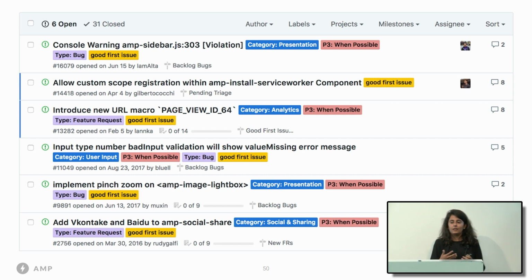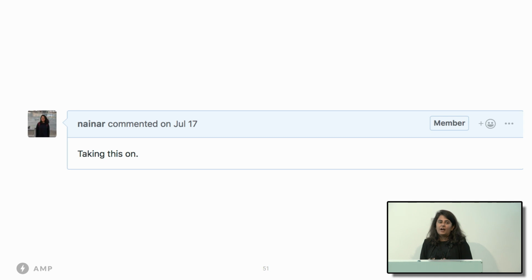Then if you actually want to get down and write some code, you can first get started by finding all the issues that are labeled good first issue, as those are ones that the AMP community has marked down as things that are easy to get started with. You'll also have a mentor, whoever filed that good first issue, to help you throughout the process and make sure that your tests are passing and that your PR lands in the most speedy way possible. And how do you actually get started by taking an issue? Just say you want to take it on. Find a good first issue that you think you can actually contribute to, and just mention that you're taking this on, and somebody will make sure to mentor you throughout the process.